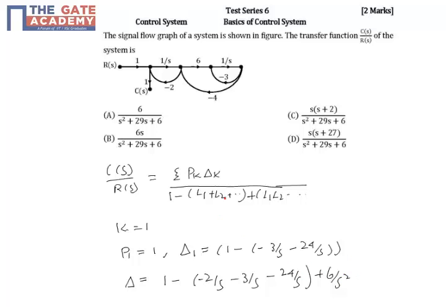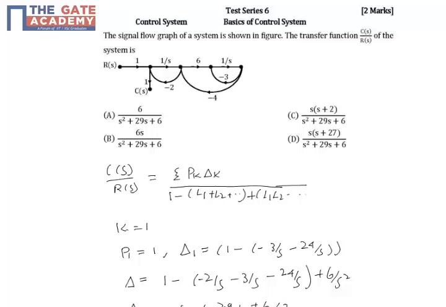Why? Because this smaller loop and this loop are not touching, so minus 2/s into minus 3/s gives 6/s². So Δ is equal to 1 plus 29/s